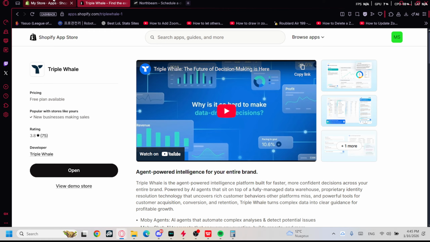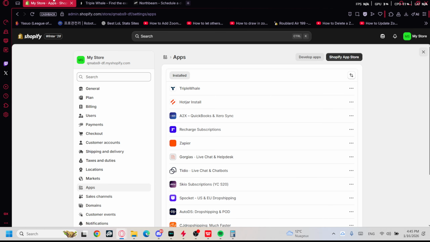And after that, you will be forwarded into a confirmation page. Then just re-click on install and it will be added, just like Triple Whale, Hotjar, etc. As you can see, it will be listed with these apps just right here or on the apps